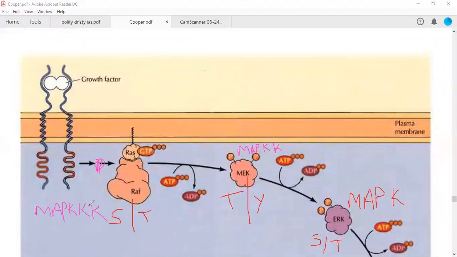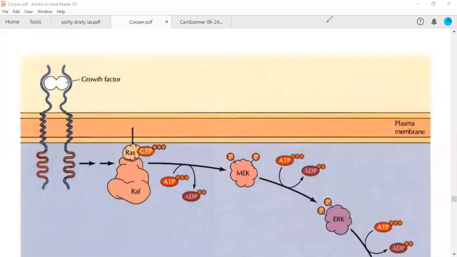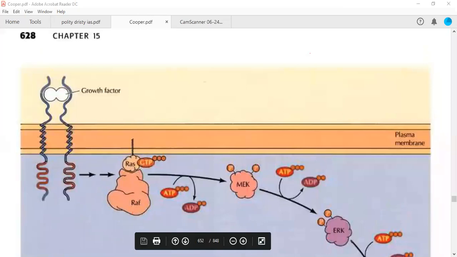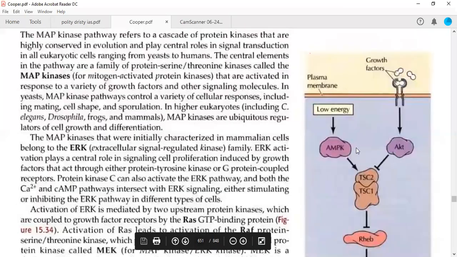Some proteins may exist in between these pathways. Okay. But we have studied about these particular proteins. Any queries? Because this particular RAF protein is a serine threonine kinase,